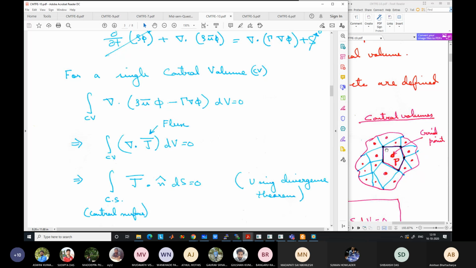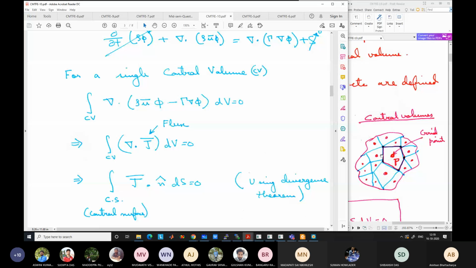For this type of surface, you have 5 faces, right? So for each face, you can find out the value of J, meaning the value of flux, and the normal direction for each face is known. So from that we can calculate J dot n dS over the entire surface. So the ultimate aim is that we are converting this change in the volume to some quantity that is present at the surface.